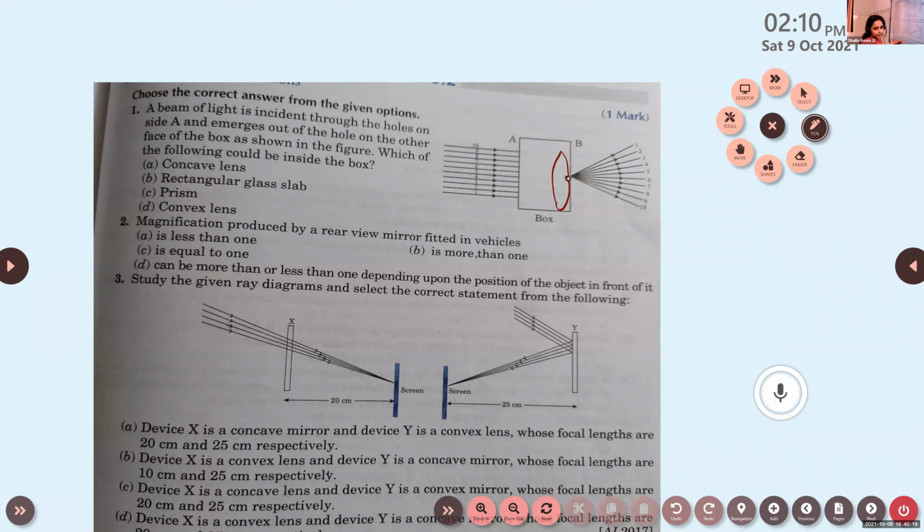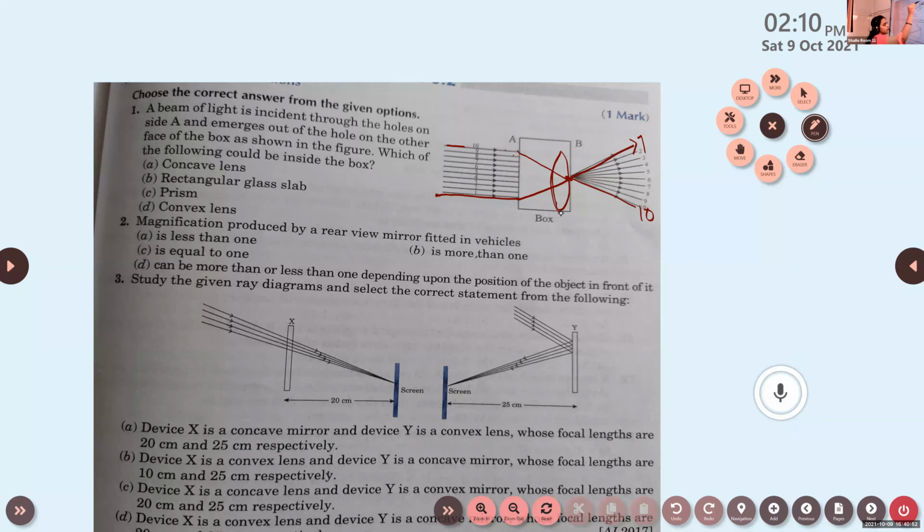Convex lenses are those lenses which are also known as converging lenses. Okay, so what happens? The rays of light that come parallel to this hole converge to a particular point and then go through like this. That is why the tenth ray lies here. Similarly, the ray of light that is coming here, the path of the ray of light is 1. It converges to a particular point and goes through this way. So here this is ray 1.